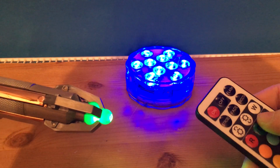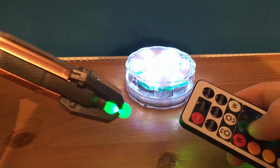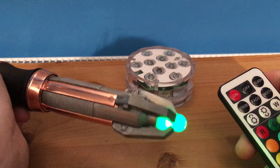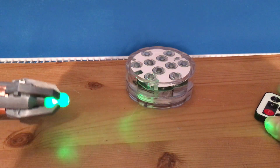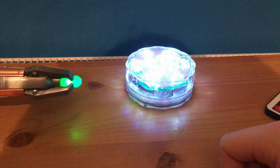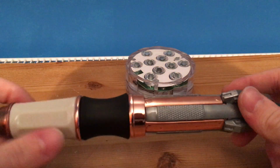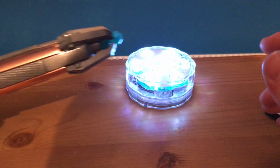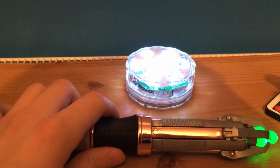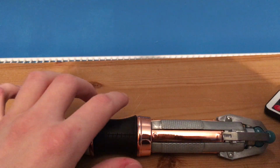Entering programming mode. Memory bank A. Up. Okay. Push. Okay. Exiting programming mode. Quiet control mode. Memory bank A. Well, now it's working anyways. So... FX mode. So, that is the remote feature. Now it's got sound effects, such as...